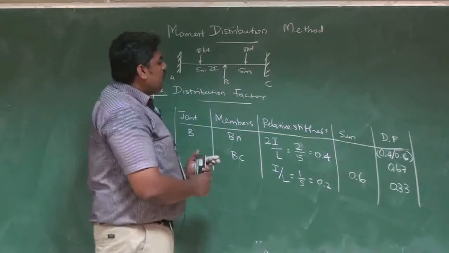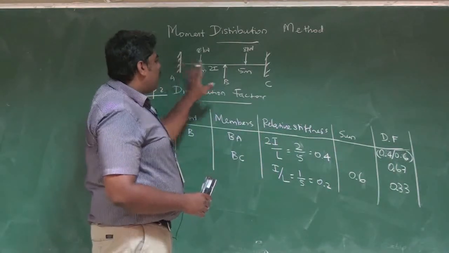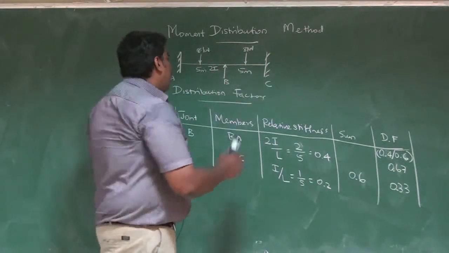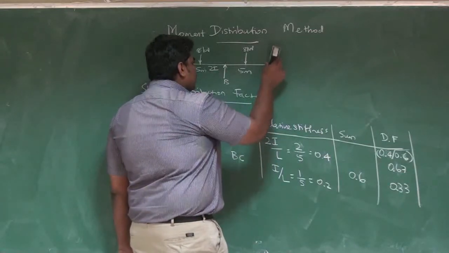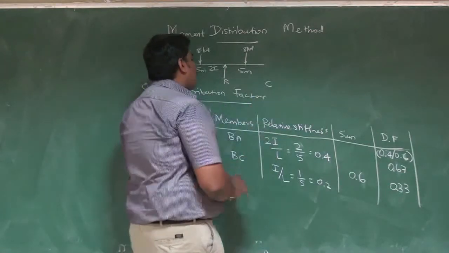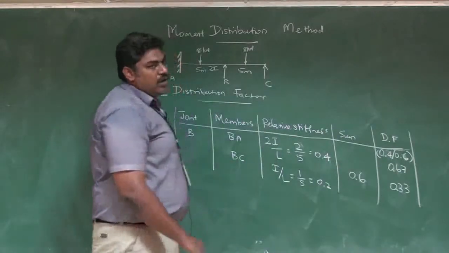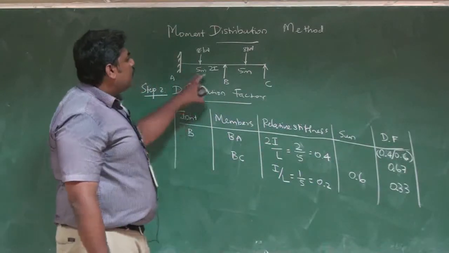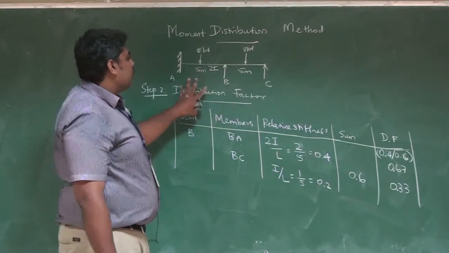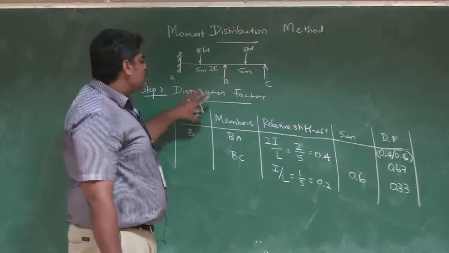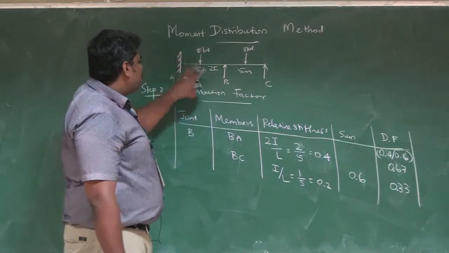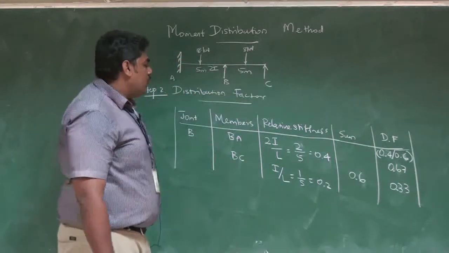right? So here this is a simple problem where both the ends were fixed, right? Assume I am going to make one more change in the problem. Assume I am changing this to a simply supported end. Right. So this is what I told you. Normally a problem will look like this. In your university examination, the problem will be like having one fixed end, a continuous beam, and one hinged end.